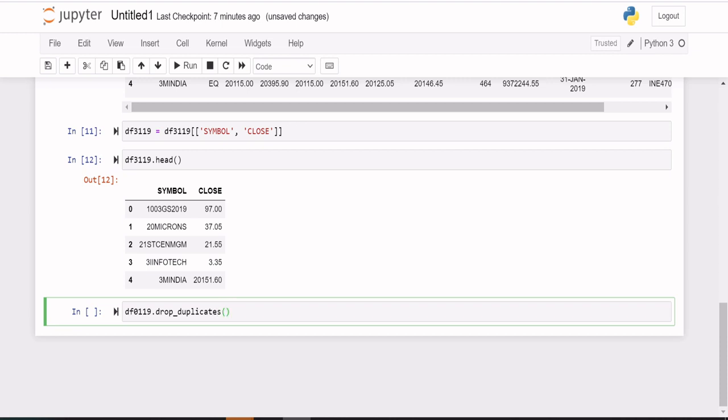That is the reason I am removing the duplicates, with subset equal to symbol, so based on the symbol I remove the duplicates, comma, inplace equal to True.